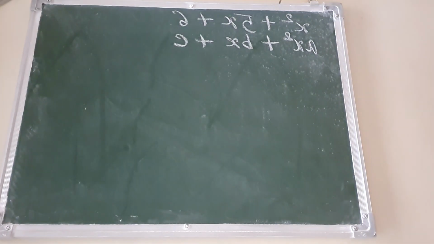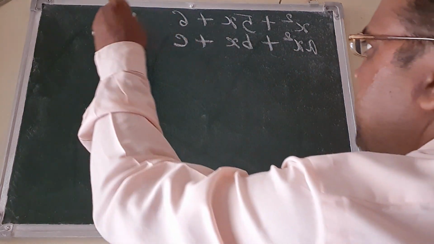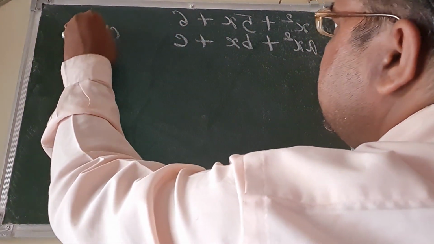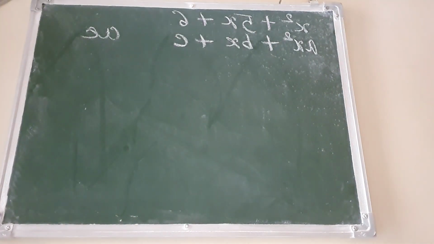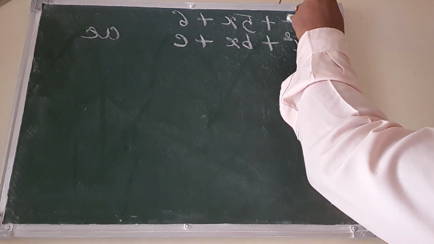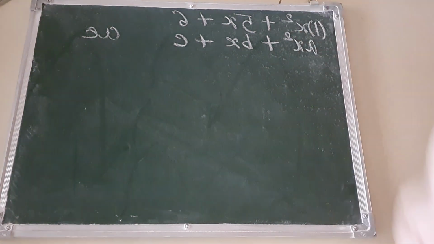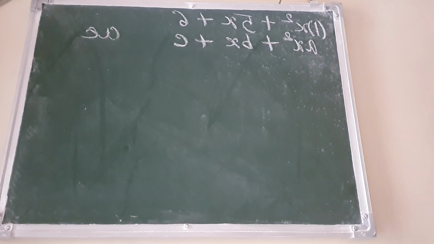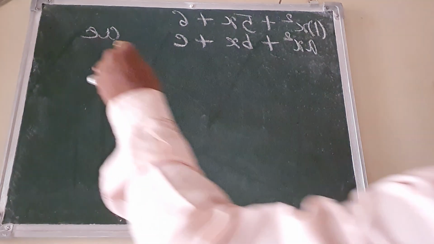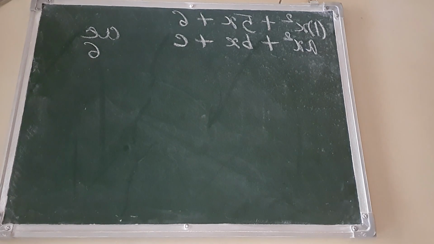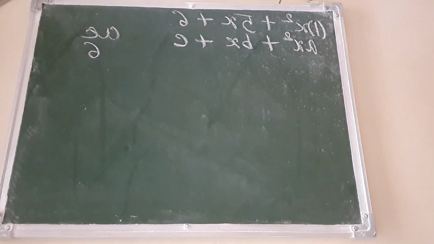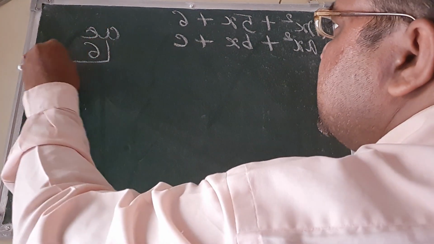So here the coefficient of x square is a and the coefficient of the constant term is c. So that is AC. We are going to multiply the coefficient of a, which is 1, by 6. So it becomes 6. So we are going to do the prime factorization of 6,